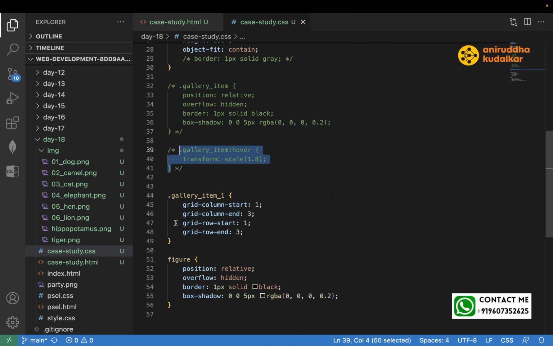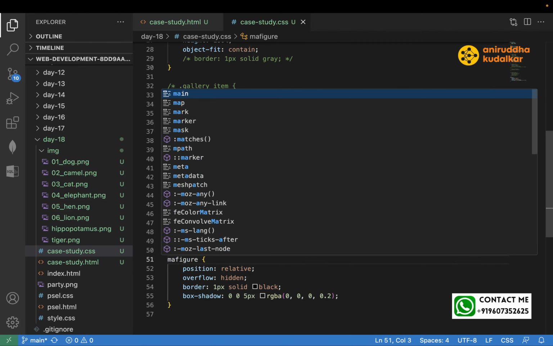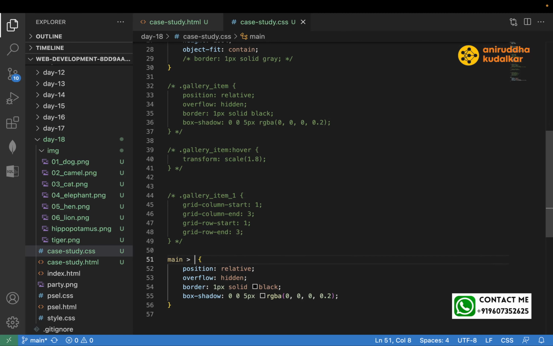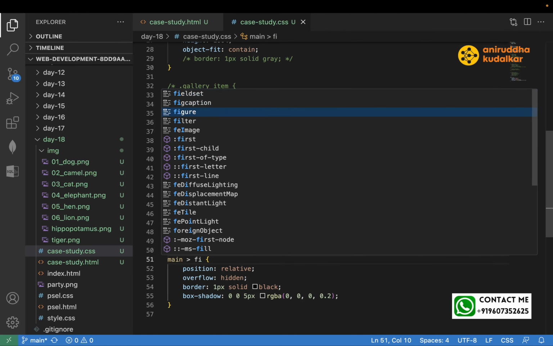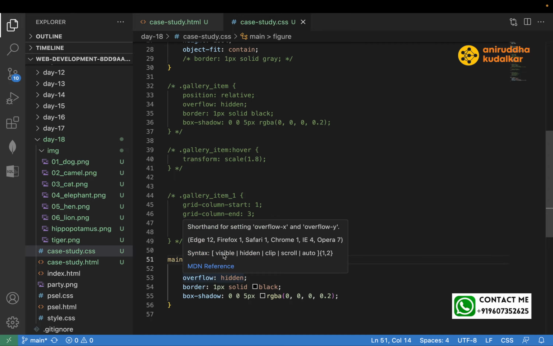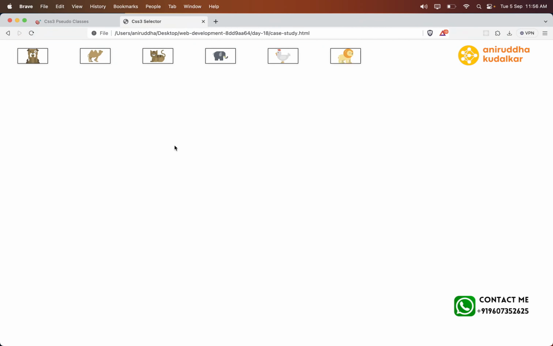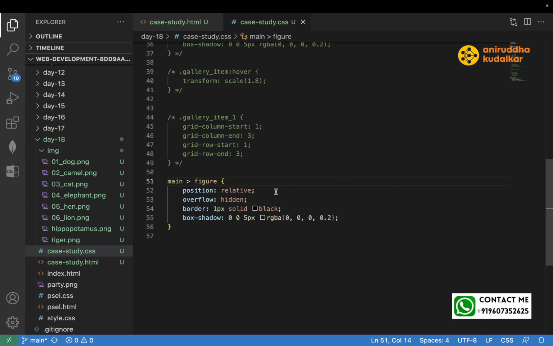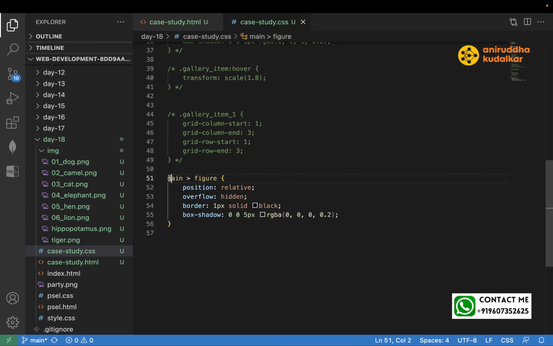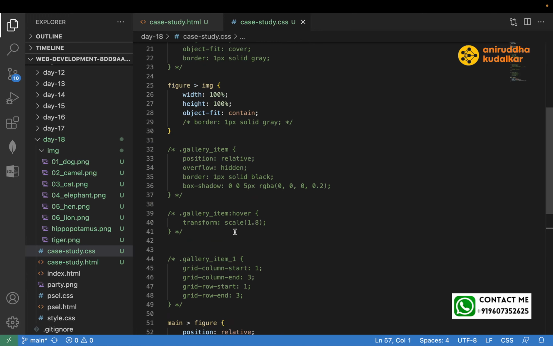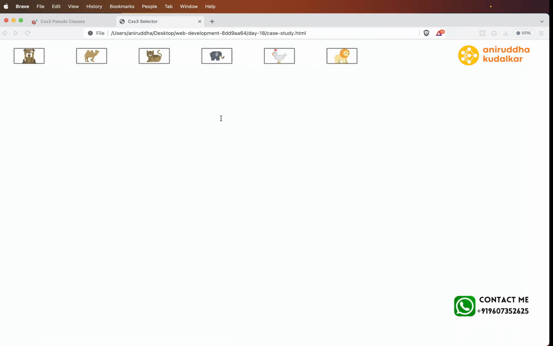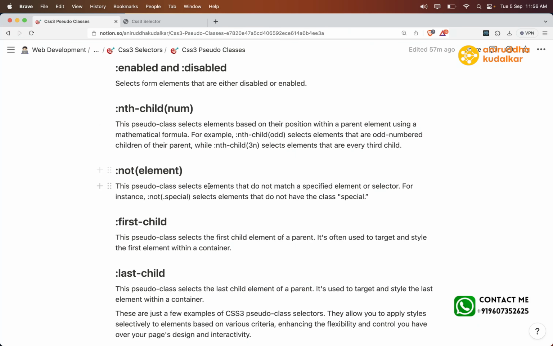So this can be achieved directly by means of a child selector. Main inside main, if there is a figure, inside main there is a figure, same thing, like this. Now what I want to do,